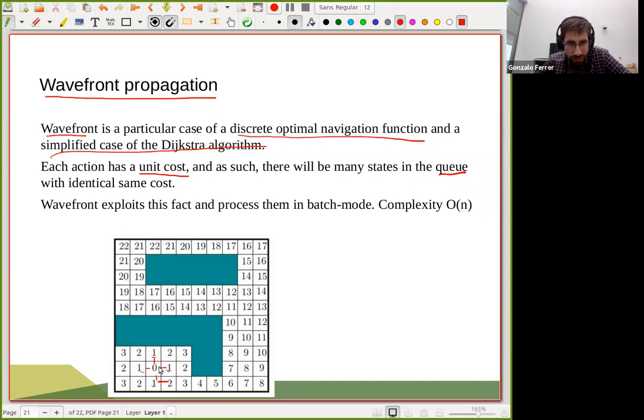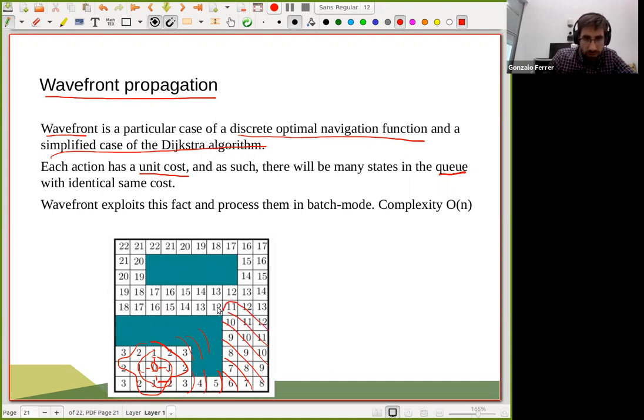So there's only one, and it's going to be like, look, you have traversed one state from this initial state to the next one. Therefore, the cost is going to be 1. There's no other way that you are going to be getting less, right? So with this, you can eliminate states very easily. And then you just do this kind of wavefront propagation. So if you think about it, you start with length 1, then you go for length 2, right? And then you keep propagating things. So this is what is happening here. 3, 4, 5, 6, 7, 8, 9, 10. You see it, right? And then you just keep propagating.